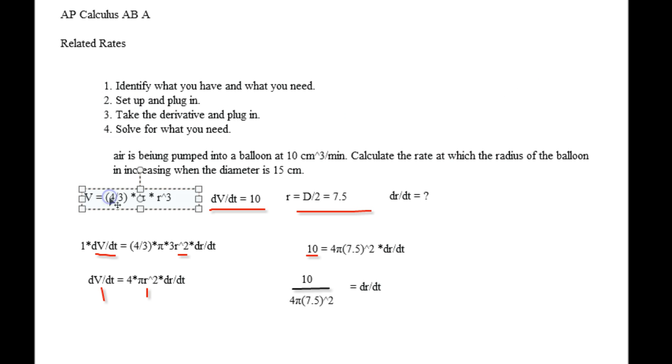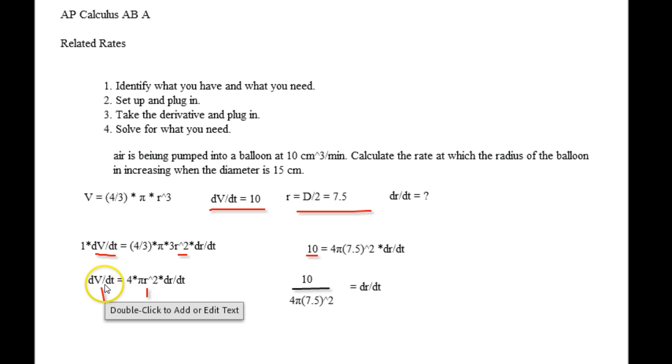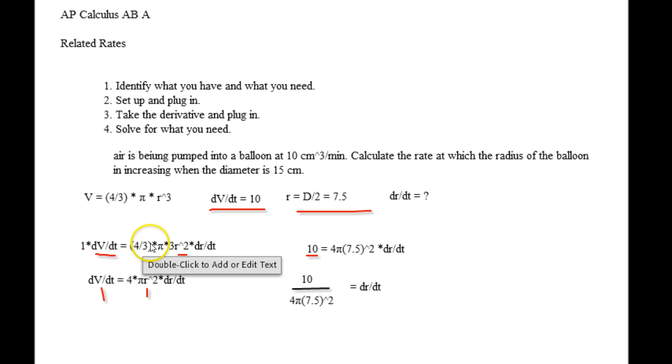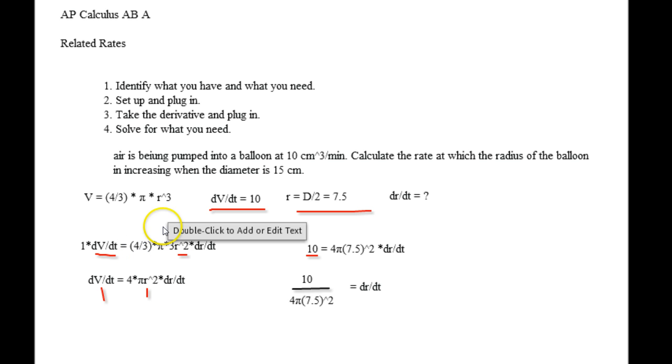So we set up the problem, and we're going to do implicit differentiation and differentiate with respect to t. So that means we're going to have a dV/dt here and a dr/dt here. So when we differentiate, V turns into 1 times dV/dt, so it's just going to become dV/dt. And the derivative of this is going to turn into 4/3 pi, which is the constant, times 3r squared,